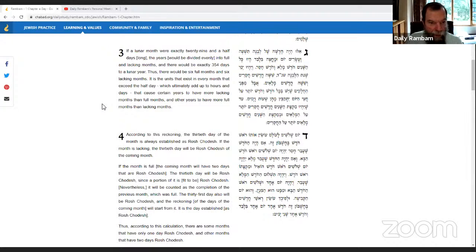Number three, if a lunar month were exactly 29 and a half days long, the years would be divided evenly into full and lacking months, and there'd be exactly 354 days in a lunar year every single year. So 6 full months and 6 lacking months, that'll be perfect and simple. But it is the units that exist in every month that exceed the half day, which if you go over a number of years, ultimately will add up to hours and days. And because it's not 29.5 exactly, but there's a fraction over there,